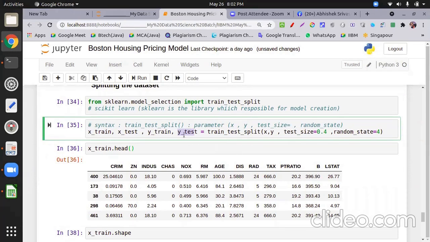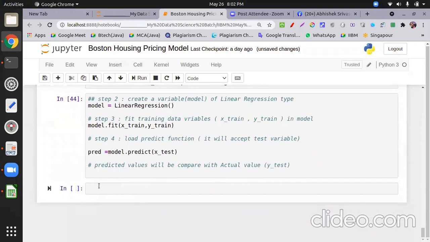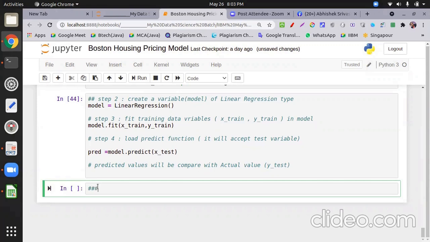What error do you have? Kindly share. Name X is not defined, it's showing. Okay. Now comparing the result.